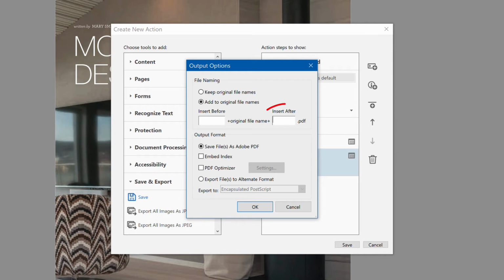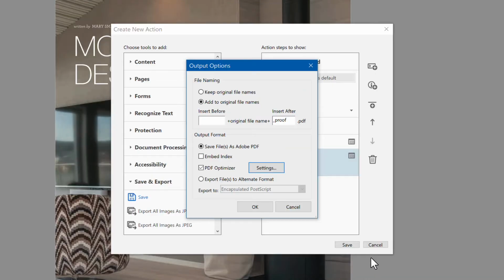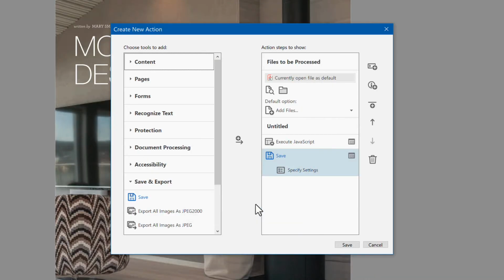In the input, insert after, enter _proof, or any other suffix you prefer. Enable the checkbox PDF Optimizer. Click the button Settings. In the Settings list, choose 72 ppi, the settings we created earlier. Click OK and OK again.